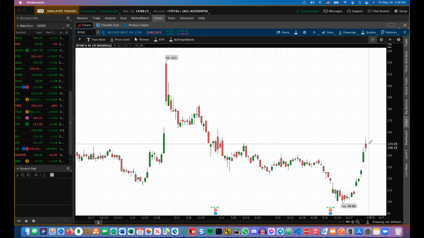When you're buying a put, it's the same thing as shorting, only this time you're using options, right? When you buy a put, let's say Beyond right now is trading at 146, that is the current price, and the puts are going at